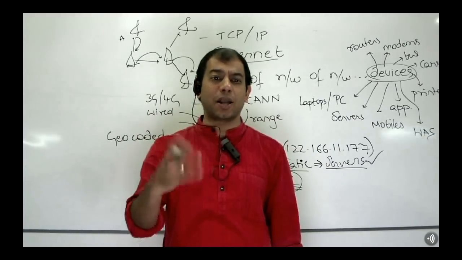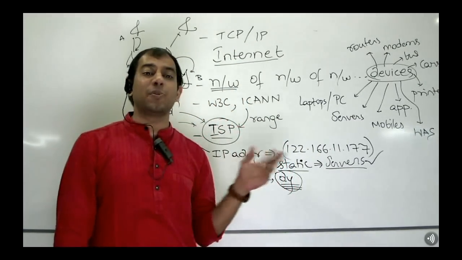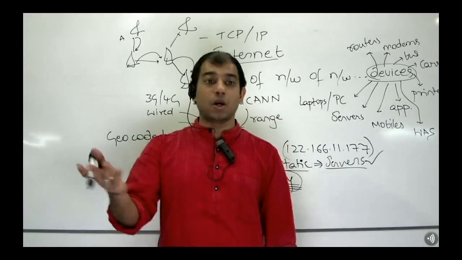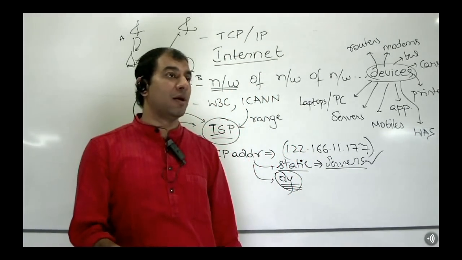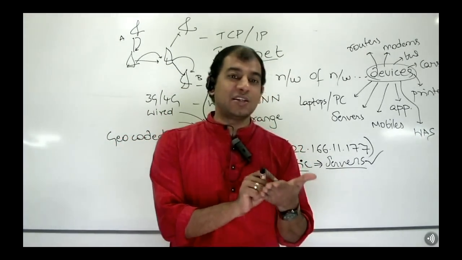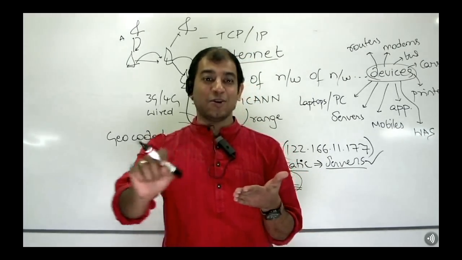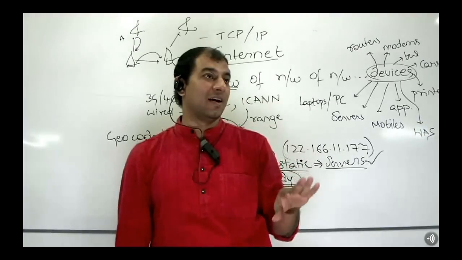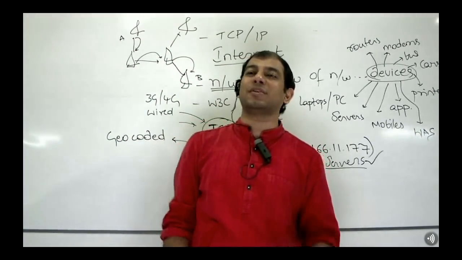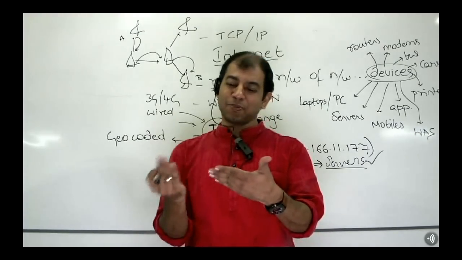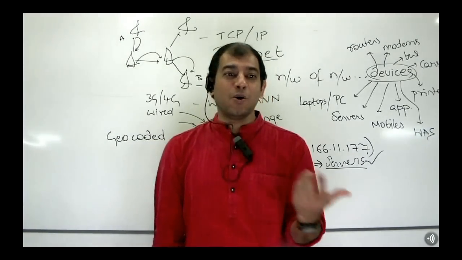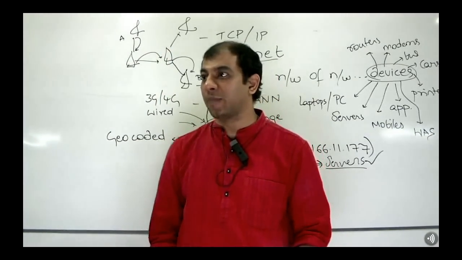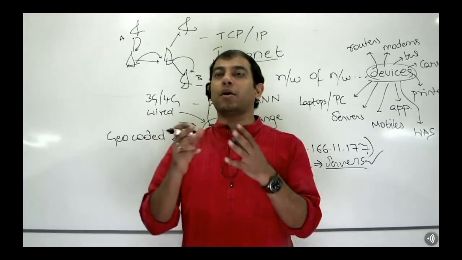But there is a problem here. Can you tell me what two problems might happen because of this way of passing around data? Security, man. This is a big problem. Imagine I have written beautifully, my Gmail ID is this, password is this, and that is the data that I am passing. As soon as I give it to somebody, that person will simply say, what is this, and he opens it and he sees. There is nothing stopping him from opening the data because the entire data he has gotten, isn't it? And clearly he might misuse the data.